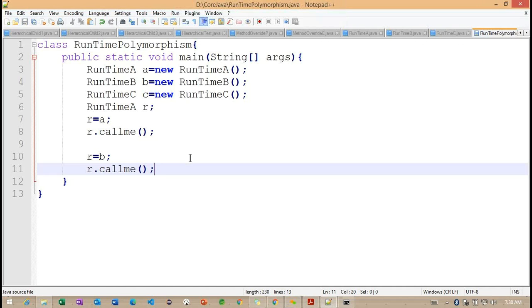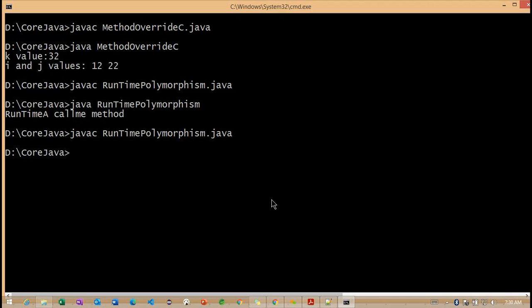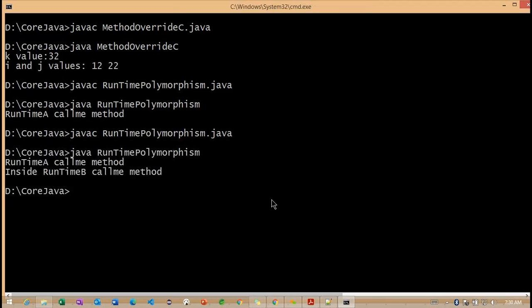So now you can see I'm saving this runtime polymorphism class and compiling one more time. The compilation is a success.